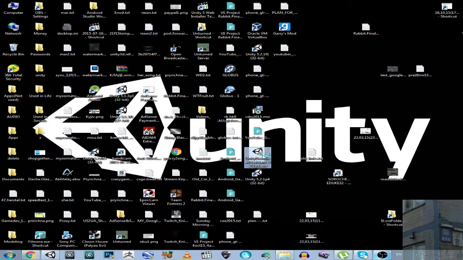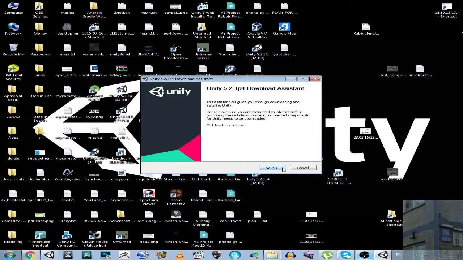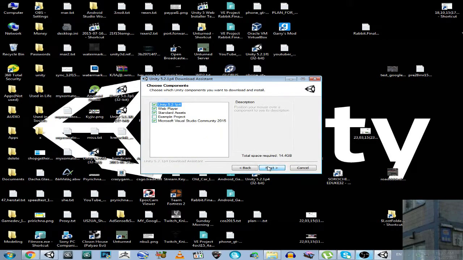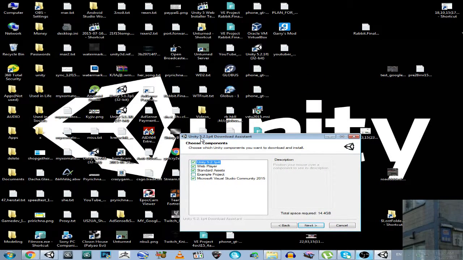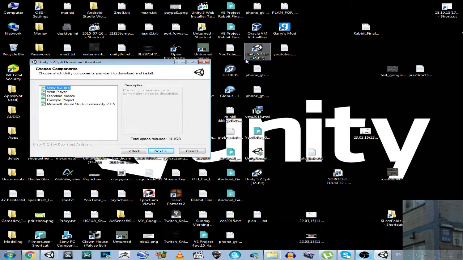So if you double click there, you go to such list, you need to accept terms and other stuff, and you will have this list. This is what version I have now. But before this version, I had this version, and I installed Unity Web Player, Standard Assets, Example Project, and Visual Studio. And in this version 5.2.1 F1,